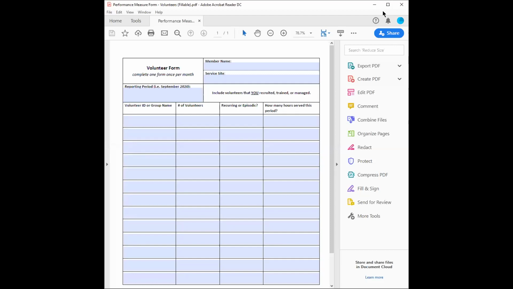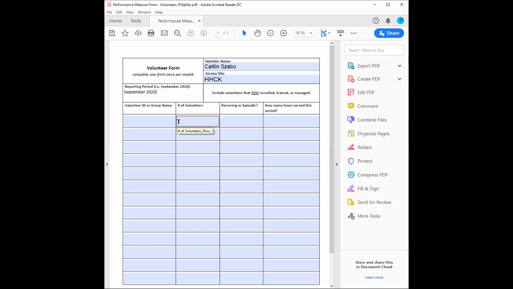This is what the PDF looks like. You can find it on HHCK's website. It'll have the most up-to-date form to use. It's under the Current Member Resources tab. So again, you can type in this form, you can print it out and write on it, whatever works best. But you'll fill out your name, where you're serving at, and then you'll list what the reporting period is. So we'll say I'm reporting on September volunteers,